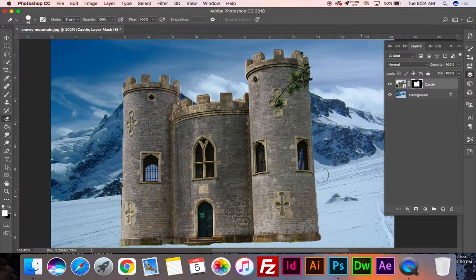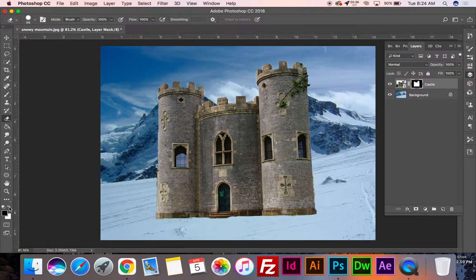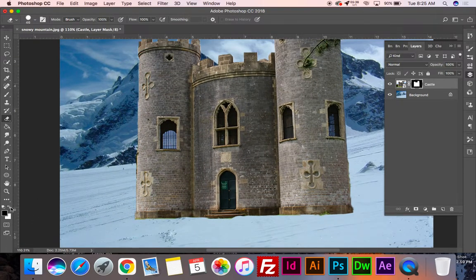White is not right. Black brings it back. Alright. So white is not right. White is not right. Black brings it back. Alright, so what that means is if I accidentally, let's say, delete part of this image here, most people will